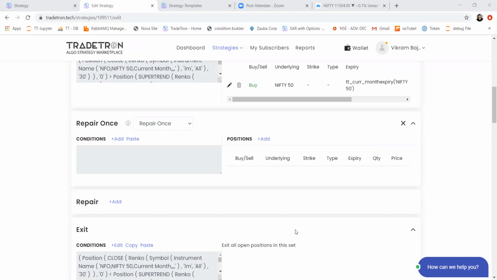Can you please explain how to set up condition for universal exit, say 50% of short straddle of premium received? This we have done in our straddles video, so please check it out. If still there are any questions, please write an email to support. We will reply to you with a solution to it.